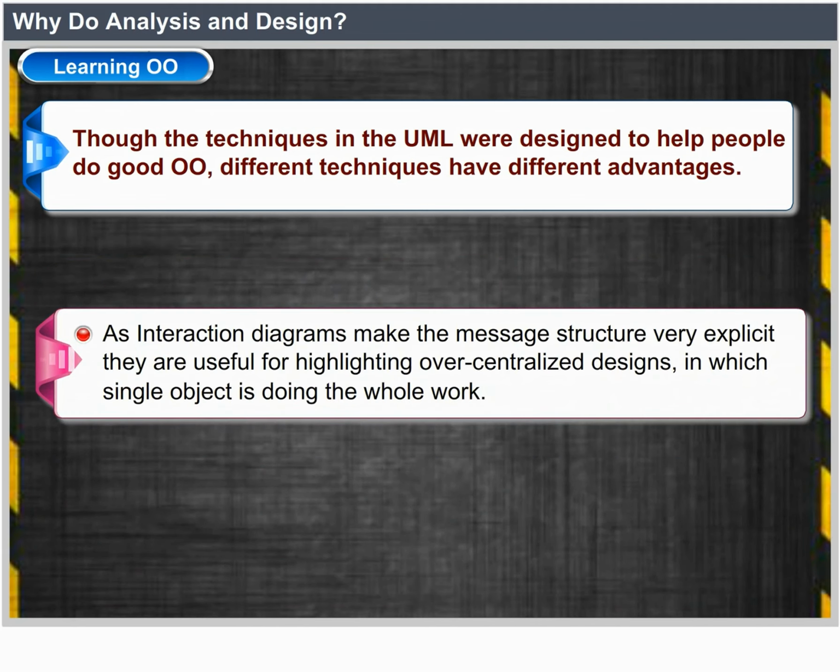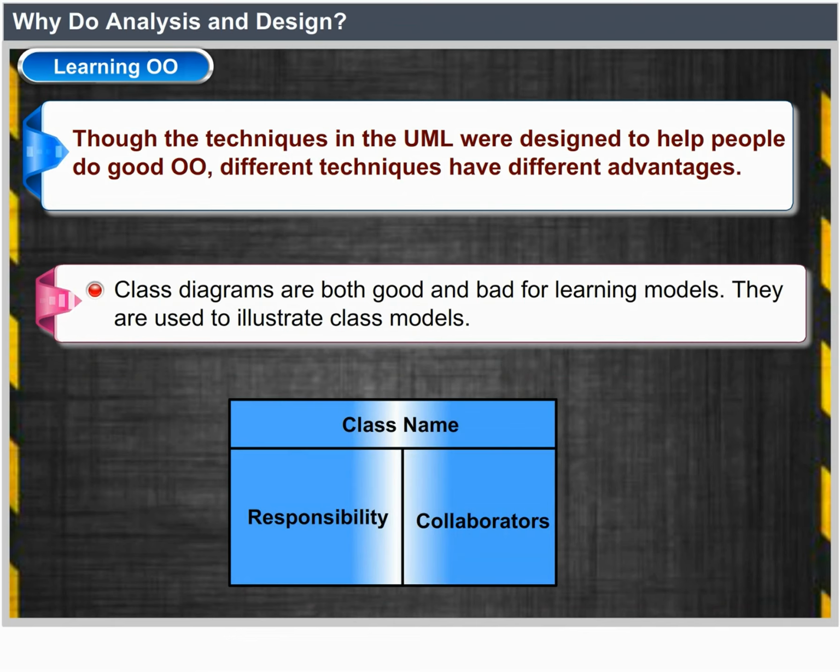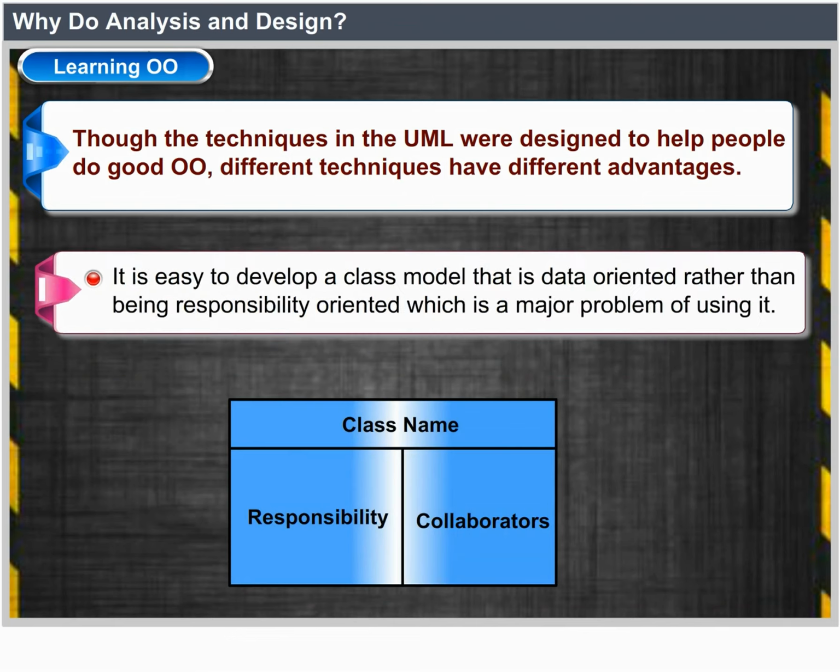As interaction diagrams make the message structure very explicit, they are useful for highlighting over-centralized designs in which a single object is doing the whole work. Class diagrams are both good and bad for learning models. They are used to illustrate class models. It is easy to develop a class model that is data-oriented rather than being responsibility-oriented, which is a major problem